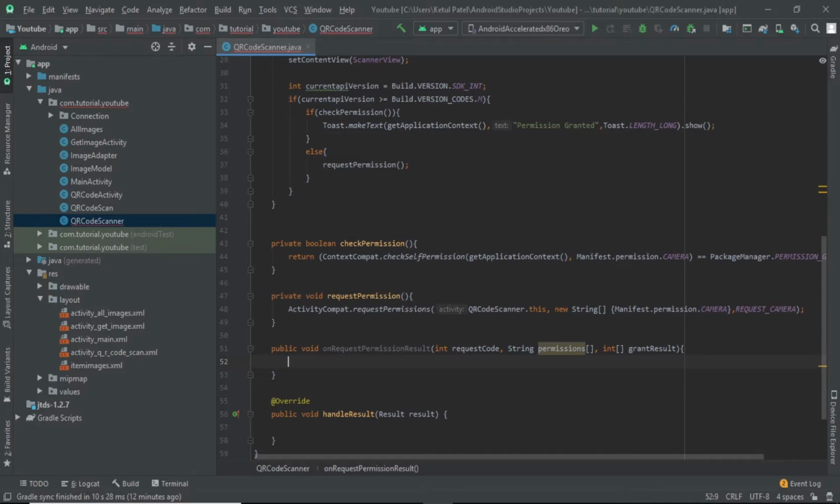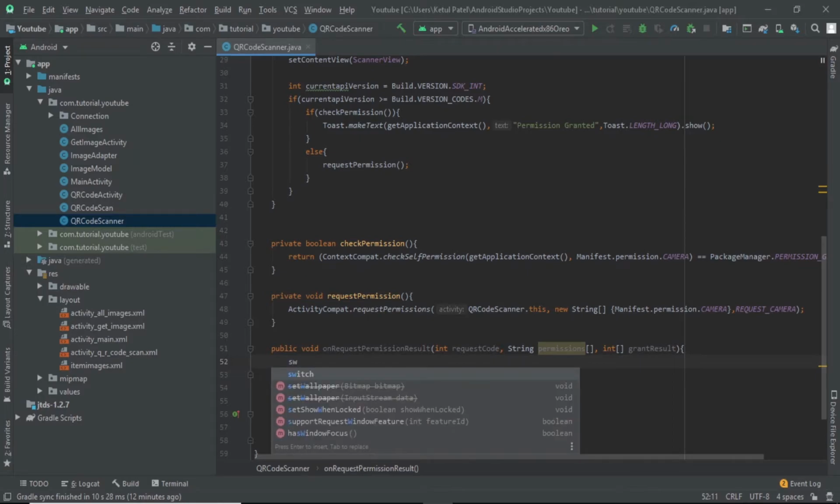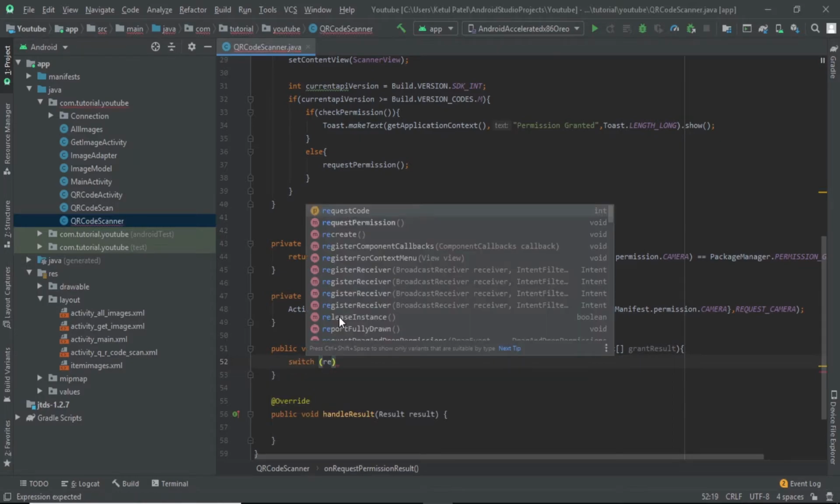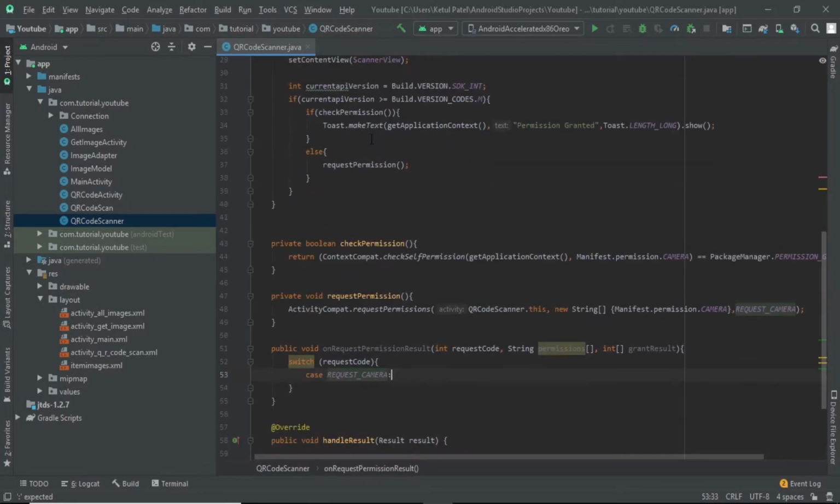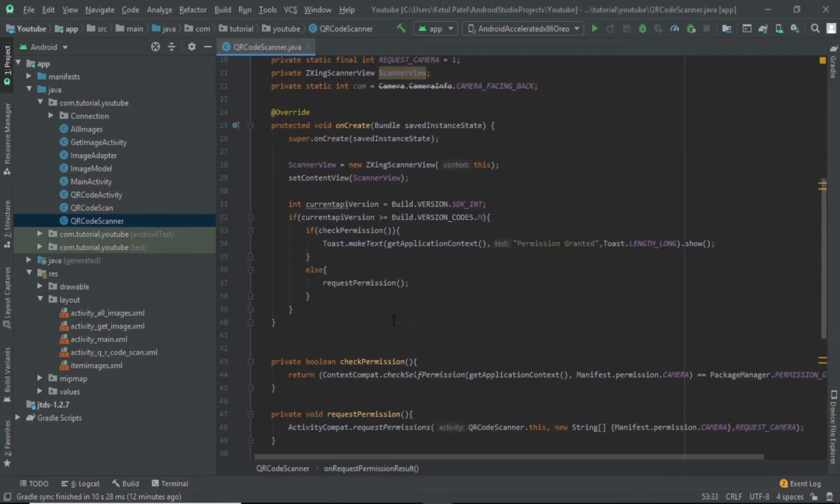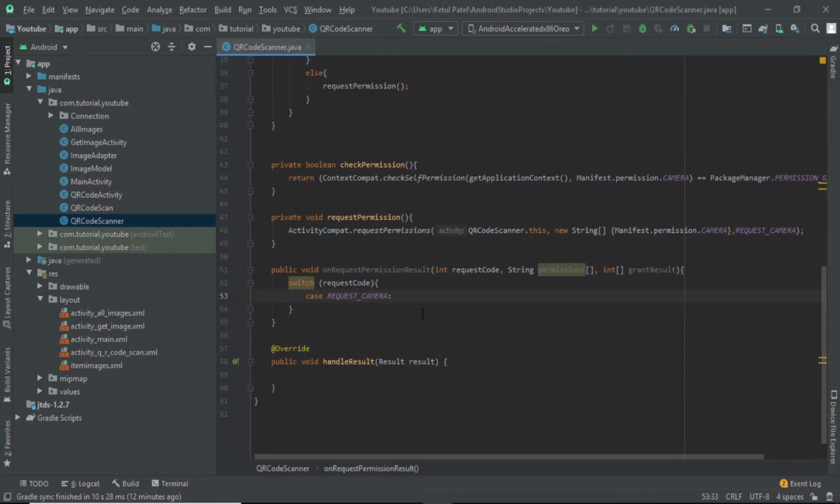So what we will do in here, let's create a switch case type. So switch and let's say requestCode. Our conditions will depend on the request code that the user has created. So first, our first case will be our request camera. That is our request code one that we have created over here. Request camera code one. So if the request code is one,